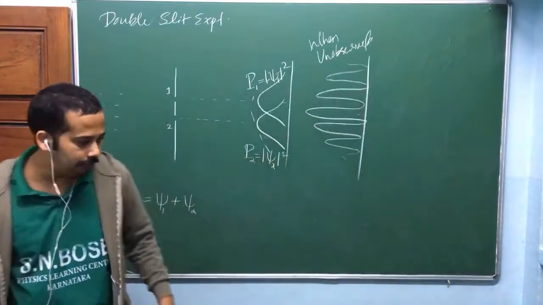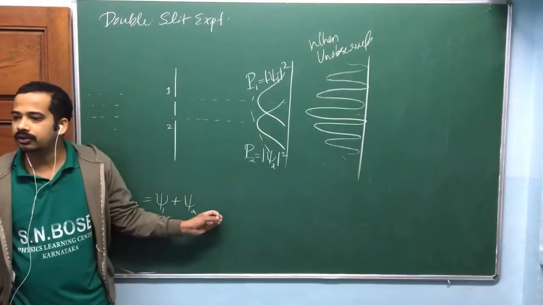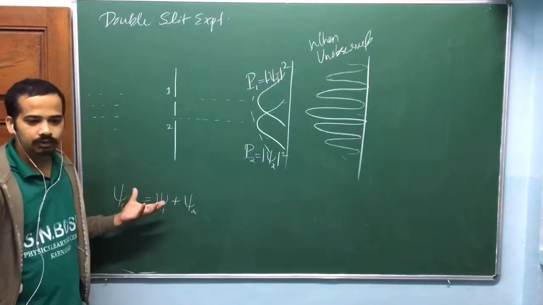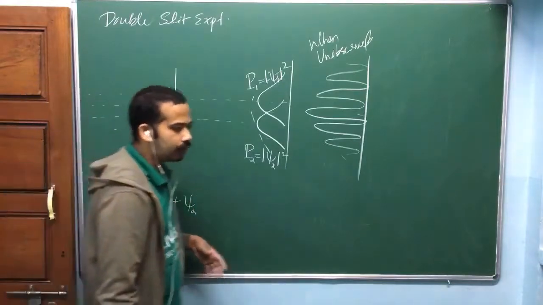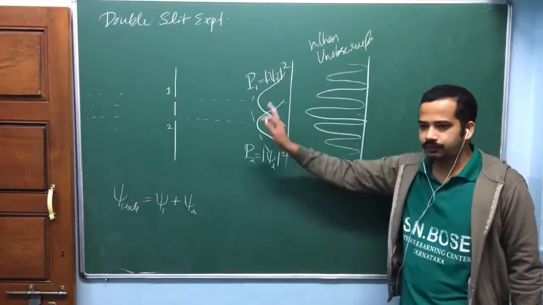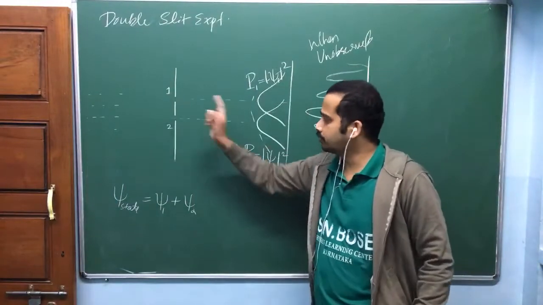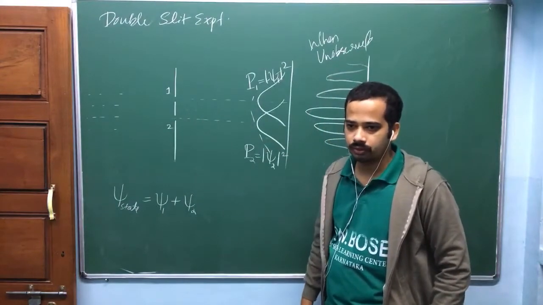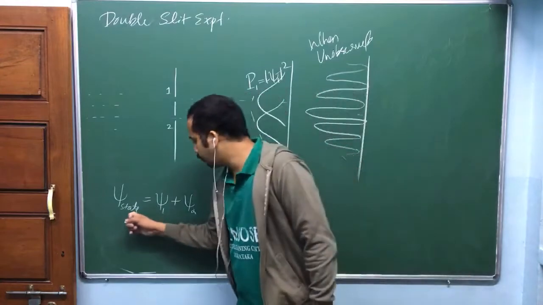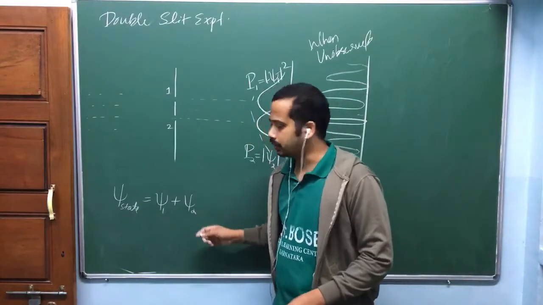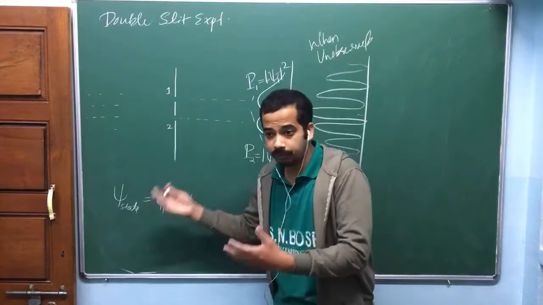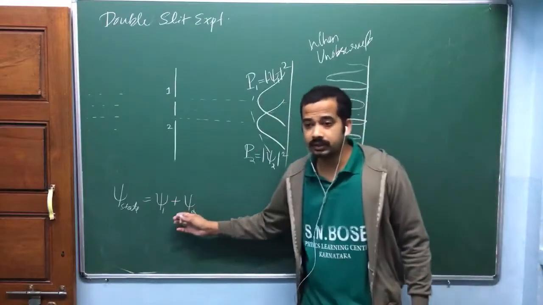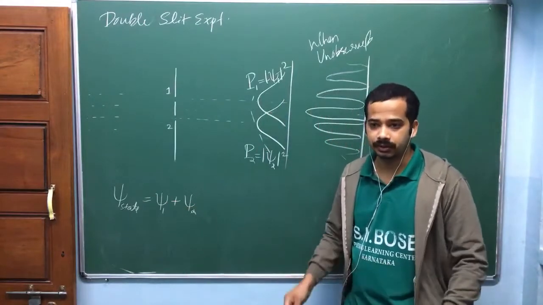Now look here. This superposition state will introduce a kind of indeterminacy in quantum mechanics. Indeterminacy means, without observation you don't know what's going to happen. Suppose you observe and the first electron passes through slit 1, you can't say the next electron passes through slit 2, isn't it? Once it is in the superposition state, if you do observation, you get either this one or this one. You can't say before measurement which one you get. Before measurement you can't say anything. That's a kind of indeterminacy.